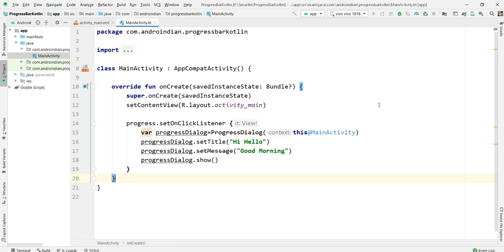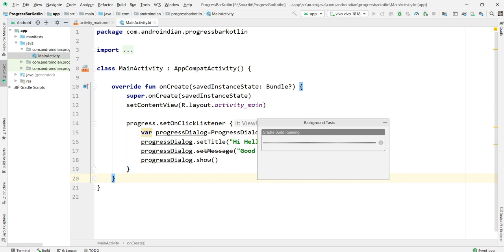What is that line, I'll show you here. Still this project is running. So this is about the progress dialog, but this progress dialog is deprecated. In place of this, nowadays we are using another one, progress bar.